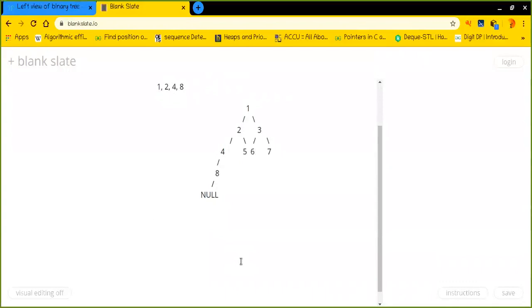So first of all, let me write down the level order traversal of this particular tree, so that it will be clearly visible to you what I would like to explain. 6 and 7. Okay, then 8, isn't it? 1 2 3 4 5 6 7 and 8, and there is null.